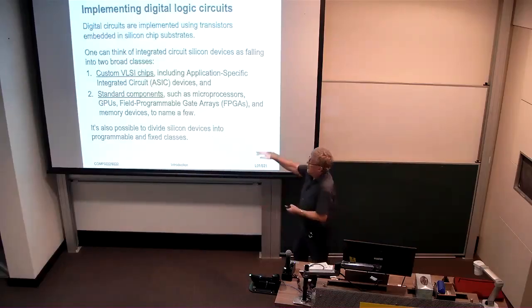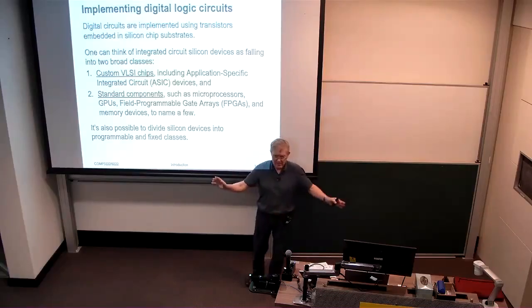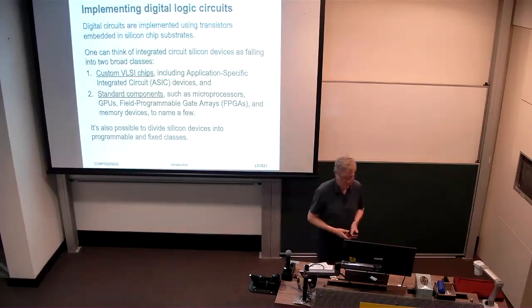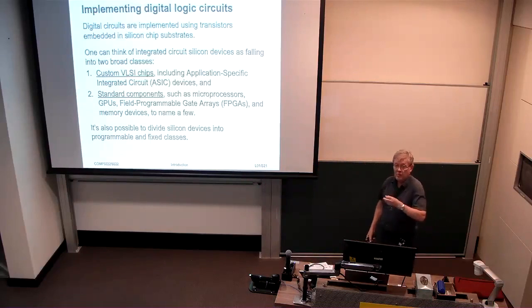They're all standard components because once we've figured out what the layout of the transistors should be, you just manufacture that and you sell it en masse, right? And it has lots of different applications, whereas these custom chips usually have application-specific uses, a very much smaller market share generally.